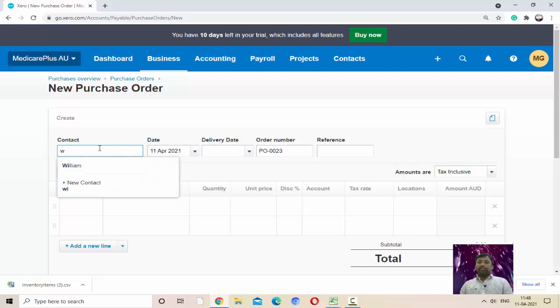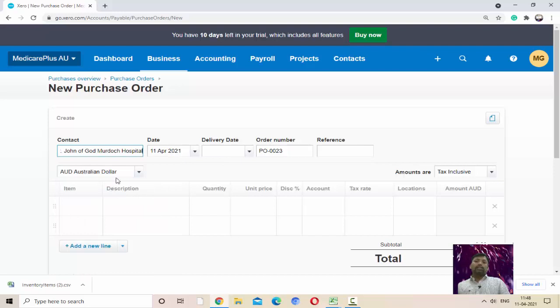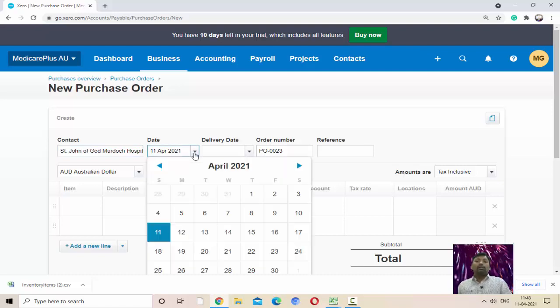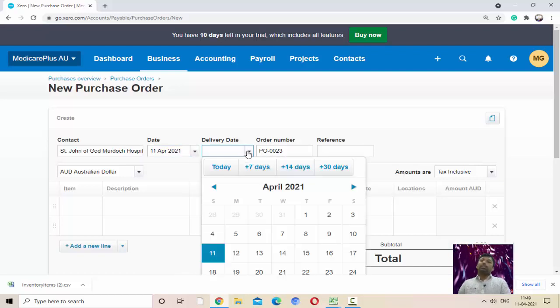Any person created by me here, I will select from here by name, like this John, the person from whom our business purchases the goods. Select this person, then select the date of the order, when we place the order with our supplier. Select the date here, and the delivery date, when the supplier will deliver the goods to our business. I think you understand.